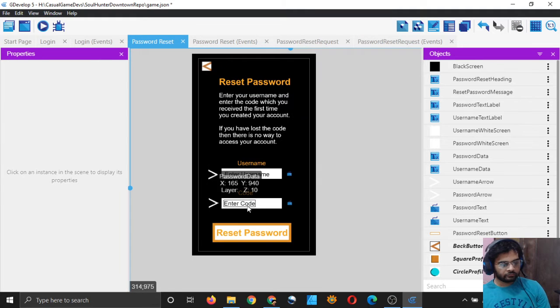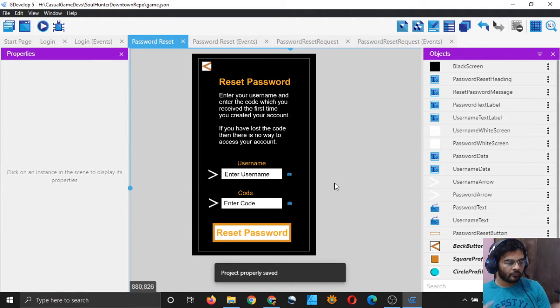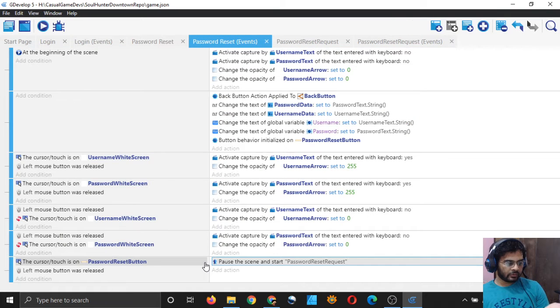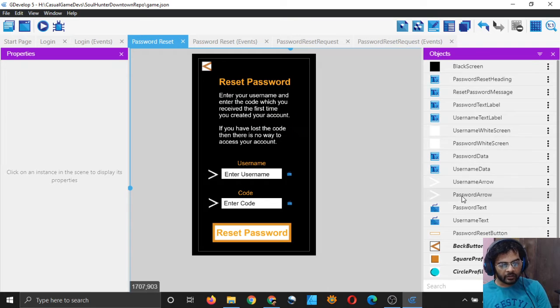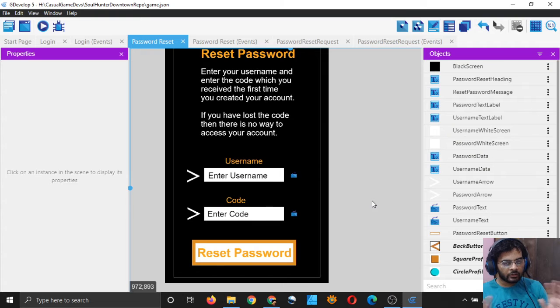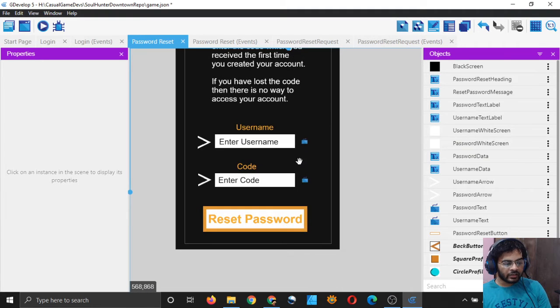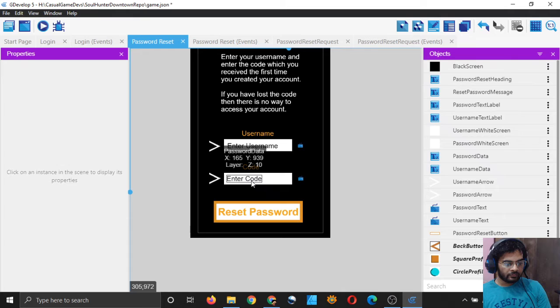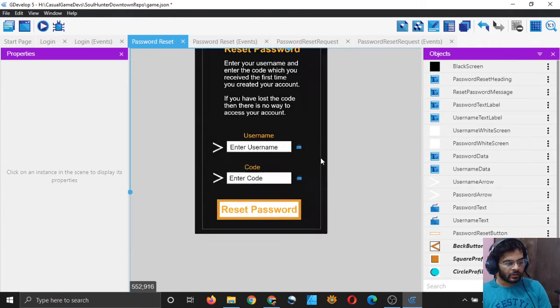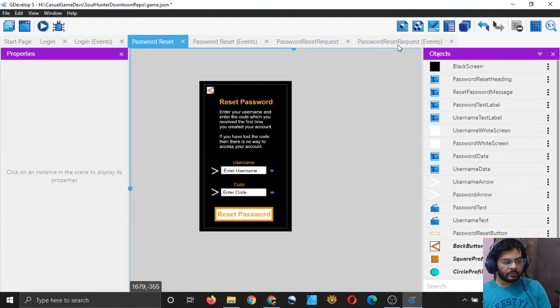That's all, right? Username and code. Although inside the script, in the programming part, we have written password and our objects are named as password data and password arrow. We want the code, we will simply type code here. It will not matter. When we send the request, we will send this data as a code to the server and not as a password. So that will be handled in the password reset request. So we will do that.